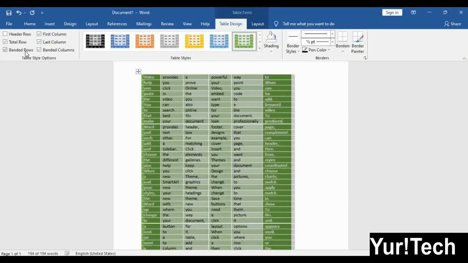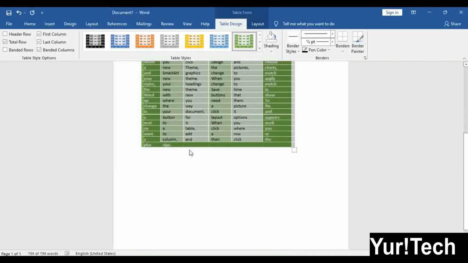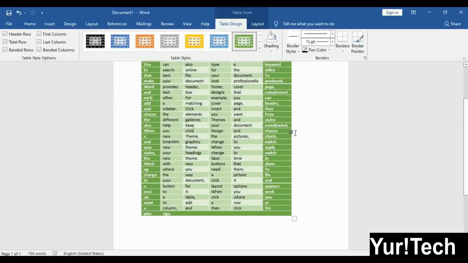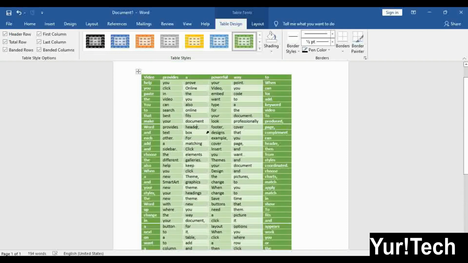If you don't want the banded row, you can also remove it. The total row will still be here. So first apply any color, then you can change the style or color by selecting these. If you select all, it will be completely colored.